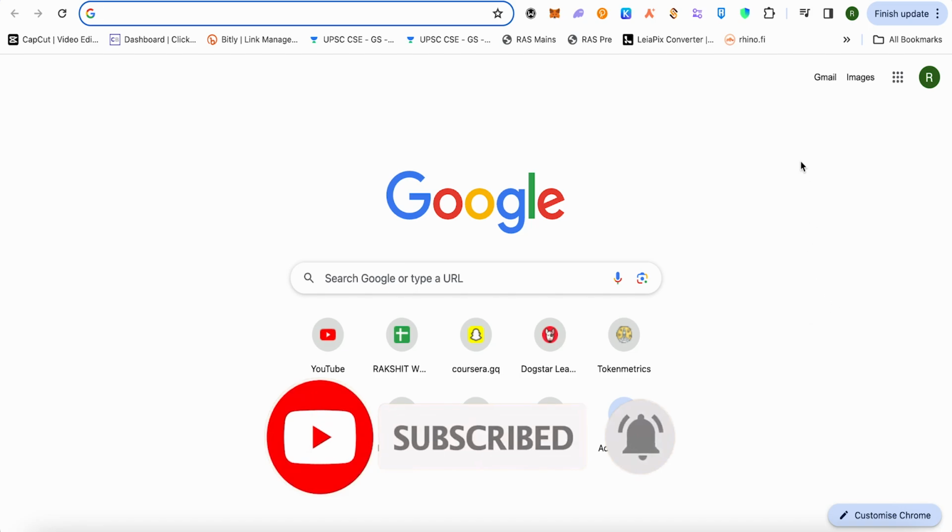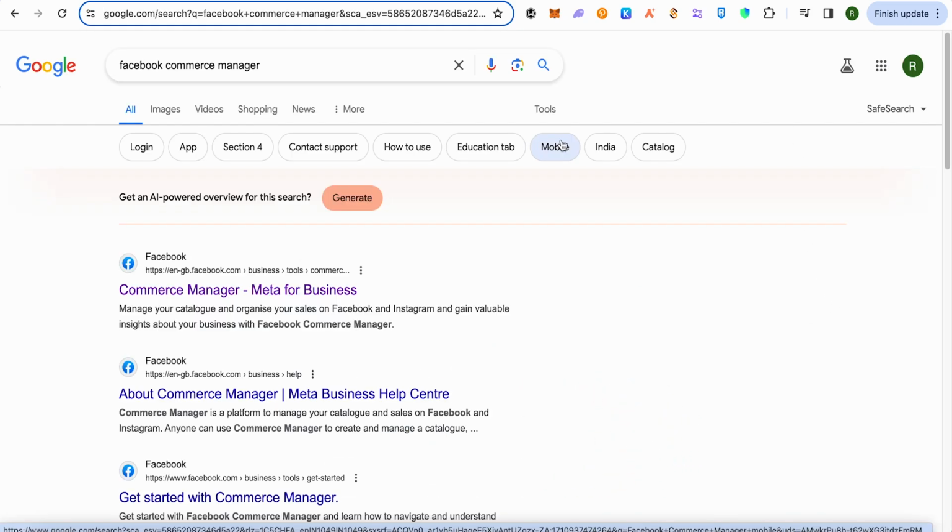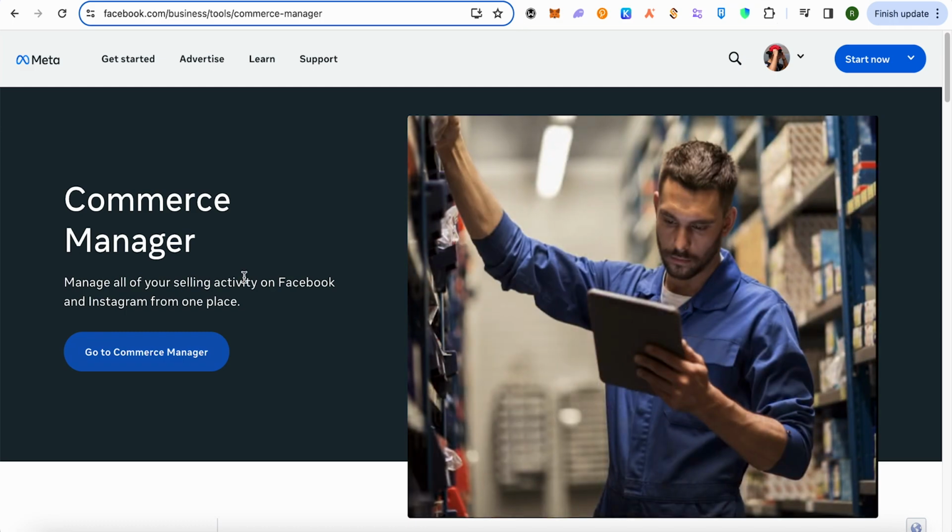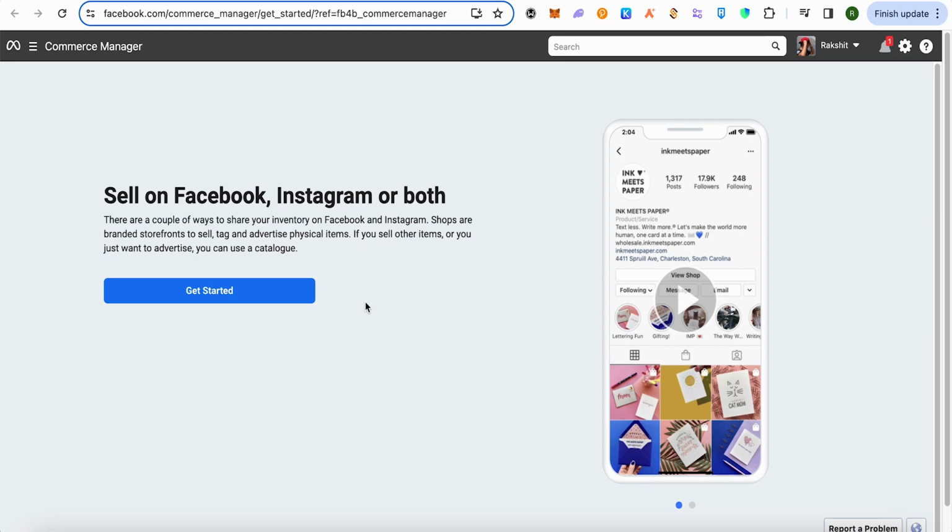Let's see how we can do it. For this you will have to search for Facebook Commerce Manager, and after that open it up. Now click on the option of go to Commerce Manager, and this is where it will take you. Now you will have to click on this option of get started, and after that you will have to